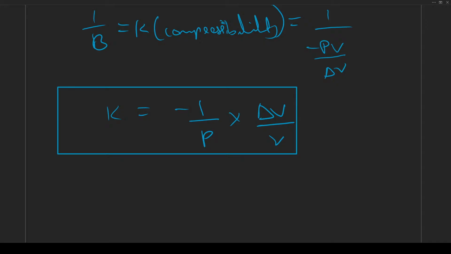Fractional compression, delta V by V, equals stress by bulk modulus. We already know the stress, that is pressure, force per area. We already know the bulk modulus, it is given. The only extra formula we used here is P equals h rho g, where all the values were given. Then we will get the compression as 1.36 into 10 power minus 2,